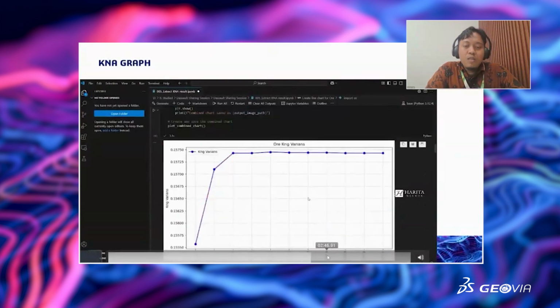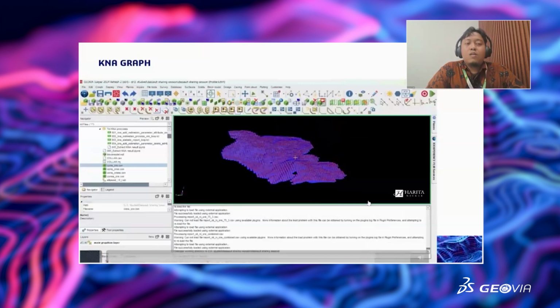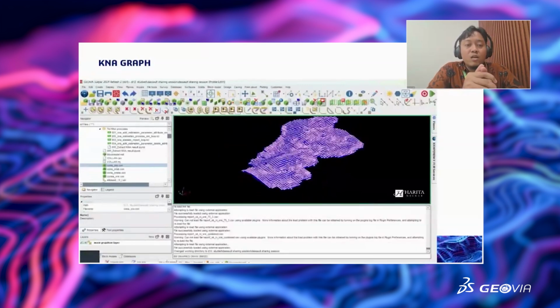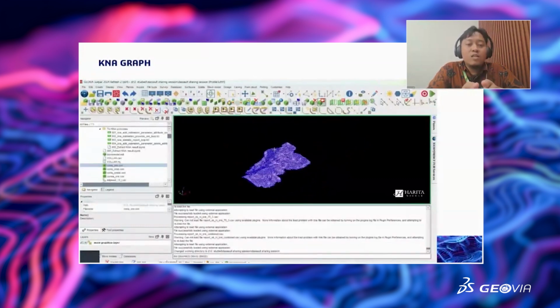So yeah, I think that is what I wanted to share about the Q&A process in the macro. So I hope the Q&A process and the dynamic anisotropy process in this session 3 of the GeoVia Connect 25